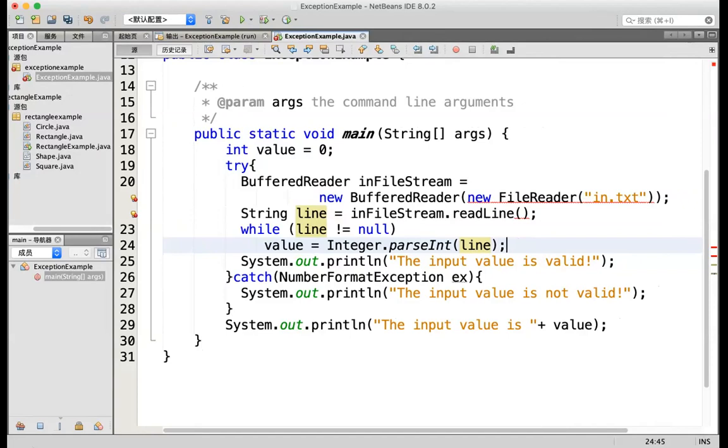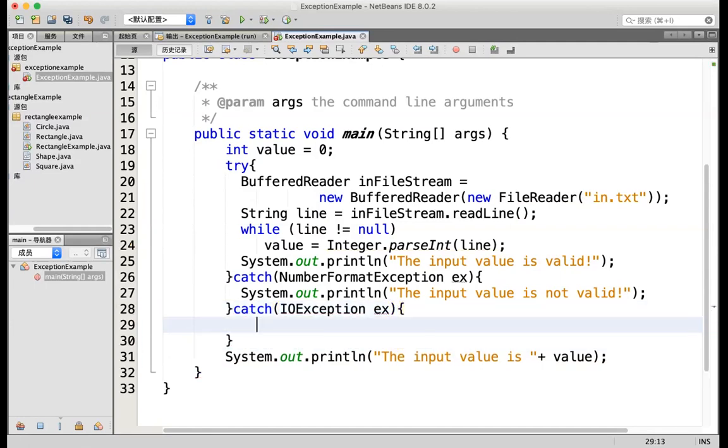It's not a number problem, right? The problem is the file IO problem. So I need to catch